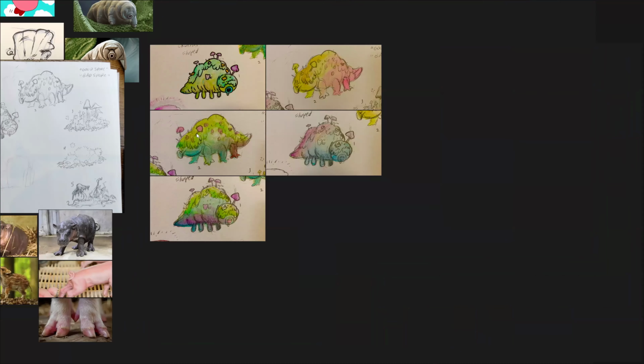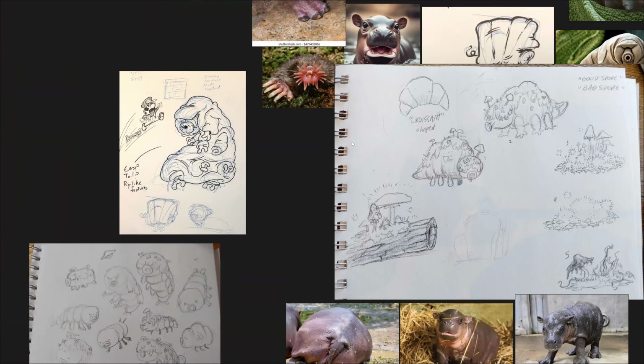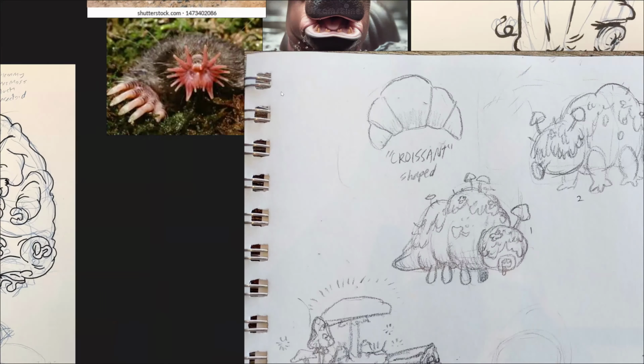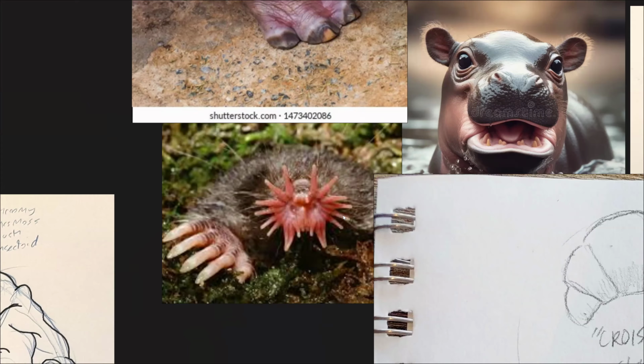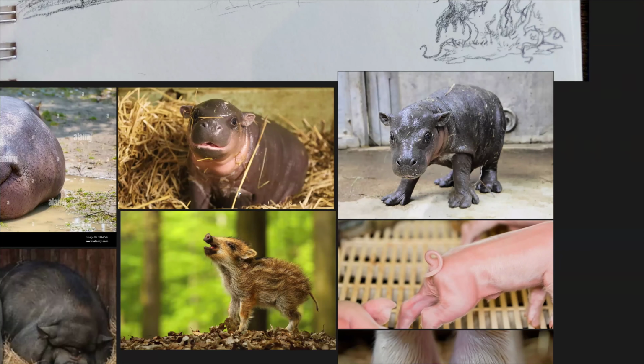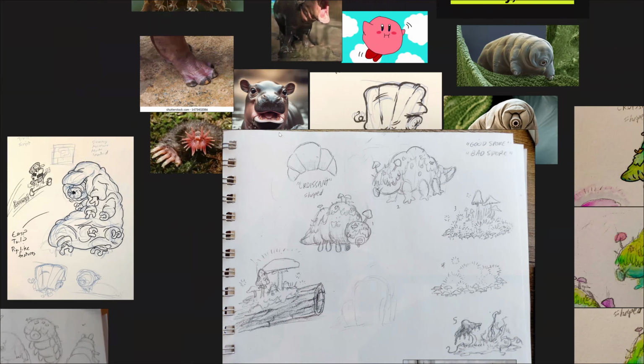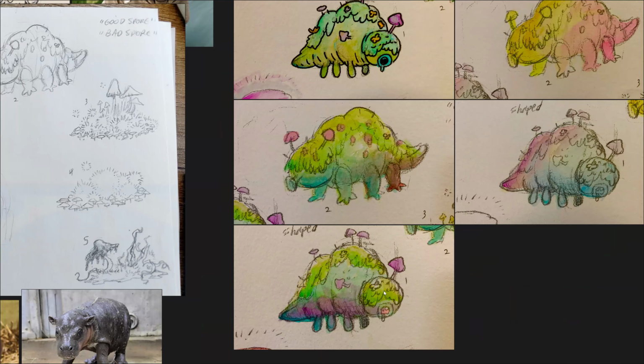He's a tardigrade. He's a gross little tardigrade, plus some baby hippo. I wanted to do a multi-snout thing with him, like a mole, but have each of the ends of the snouts be almost more like a baby truffle pig snout, and have maybe three or four of them, top and bottom, and then give them more hippo ears, little shapes. So we might evolve them, but I like the little mushroom ears coming off his head.